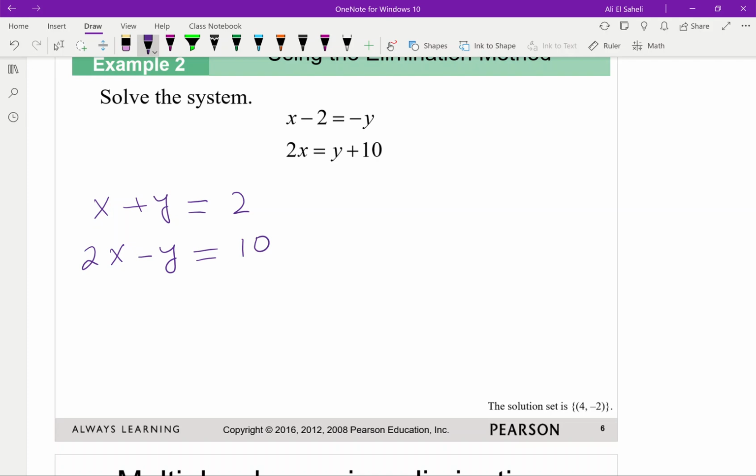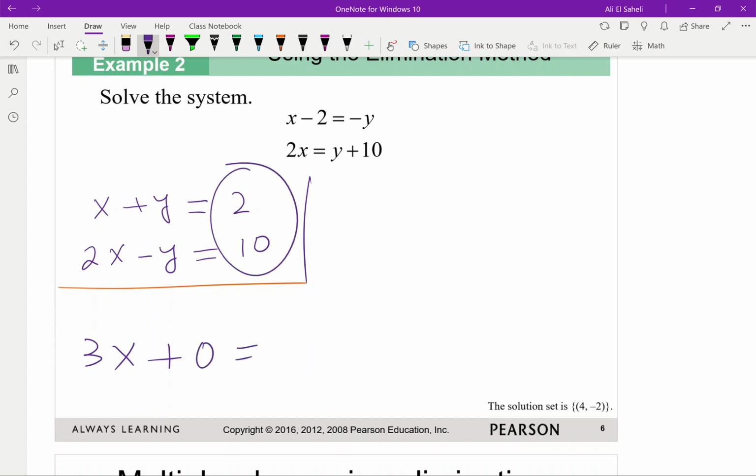Now, we don't need to multiply because these two variables have opposite coefficients. So just add the two equations, and we get 2x plus x is 3x, plus minus y plus y is 0, equals 12,